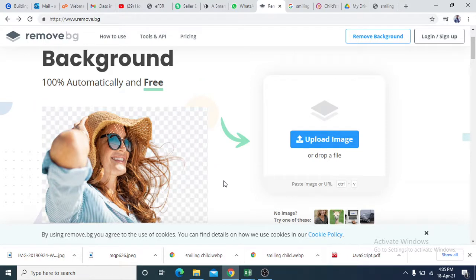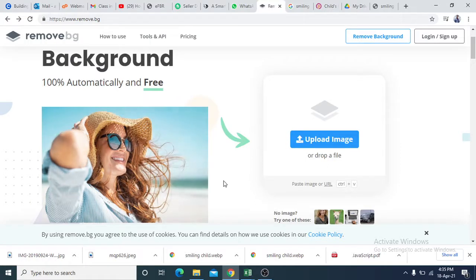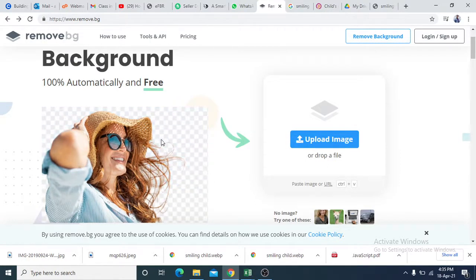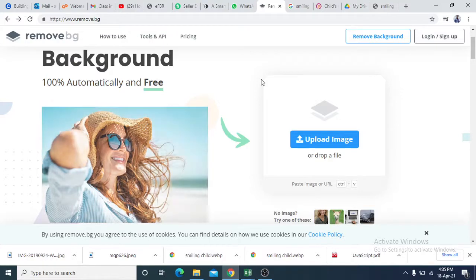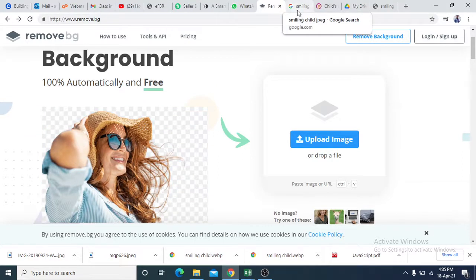And today in this video I will tell you how you can remove a background from a picture, and this can be done with easy steps using this website, which I will tell you. This is now open, and another method is that this can be done from Photoshop also. So you can also provide this as a service on any of the freelancing markets,